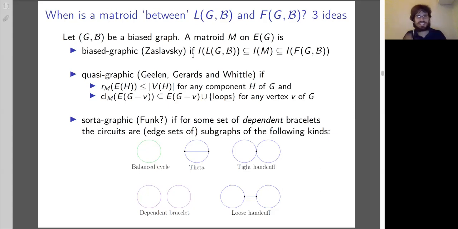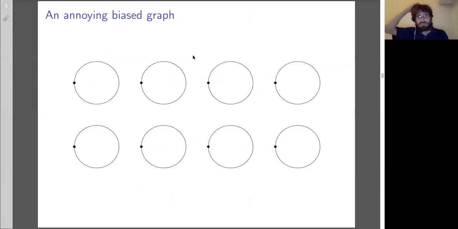And that wasn't what Zaslavsky was doing when he introduced this notion. He was trying for something very different. But nevertheless, let's pretend he was and say that he runs into the following serious problem, which is that if we consider this particular biased graph, which just consists of a bunch of loops, in which every loop should be considered to be unbalanced,